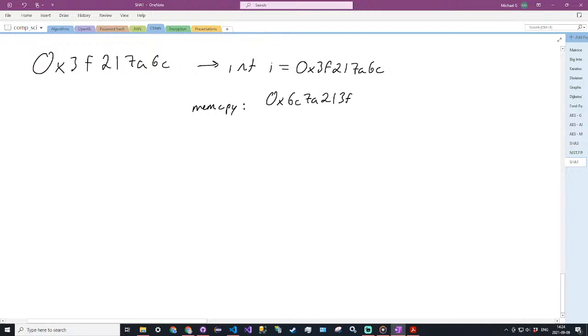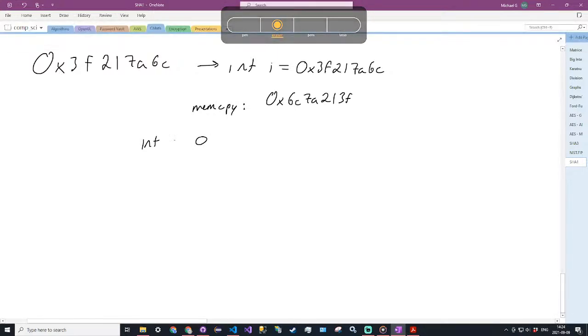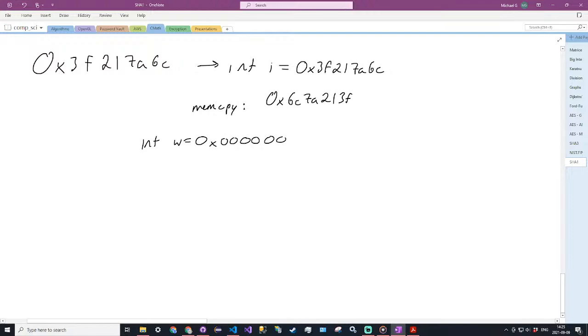So the bytes are still maintained, but it's just the ordering that is screwed up. I'm not sure. I need to do some more trial and error to figure that out. So essentially, we're going to have our integer w equal to 0, 0x0000, just a bunch of zeros, and then we're going to take our first byte, so b is equal to 3f,